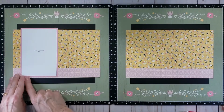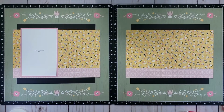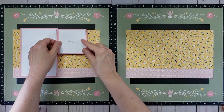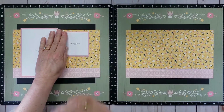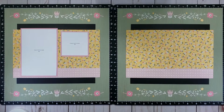That way we still got a little bit of border of pink at the bottom. And then we're going to do a cute little 3 by 3 photo. And that, of course, would be on a 3 1/4 by 3 1/4 mat. That there. On this page,